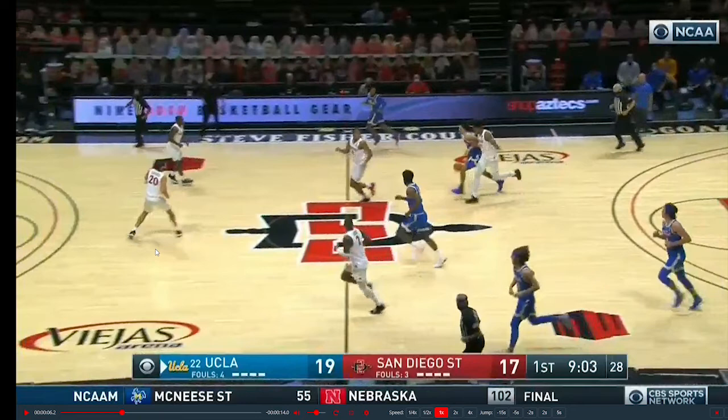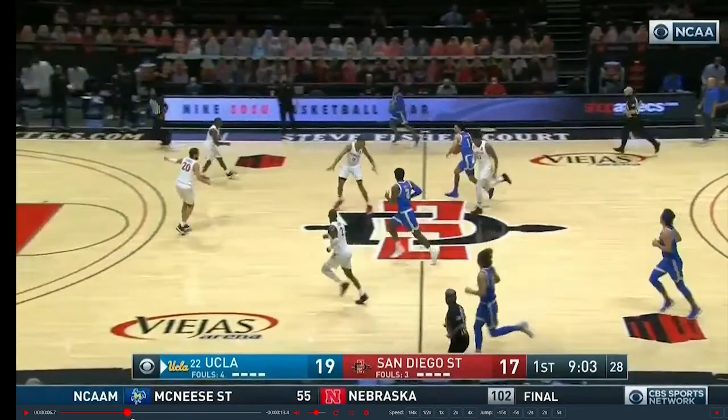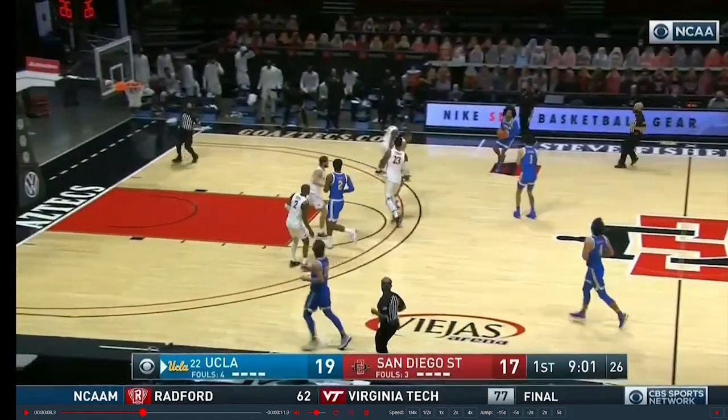And today we are going to be looking at a possession here for UCLA on offense. And I actually saw a small mistake on the defense too, but we're mostly going to look at a nice little play here. I don't know if it was a set play or not, or something that they just like to run between here with UCLA against San Diego State. So